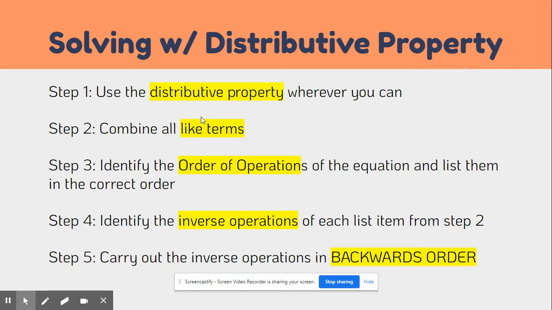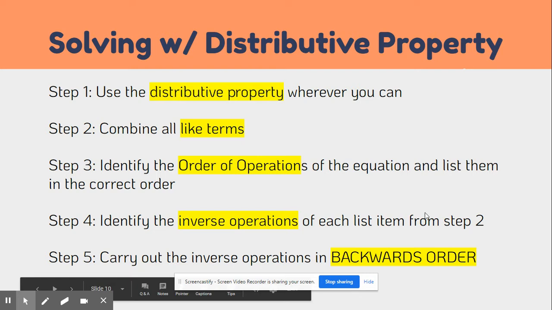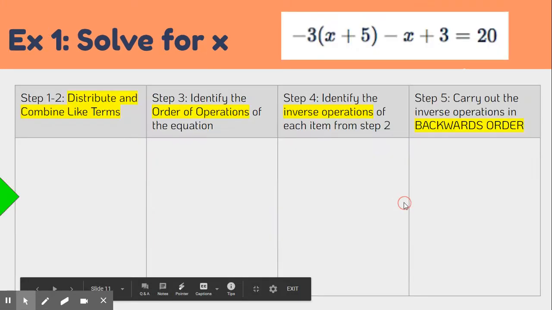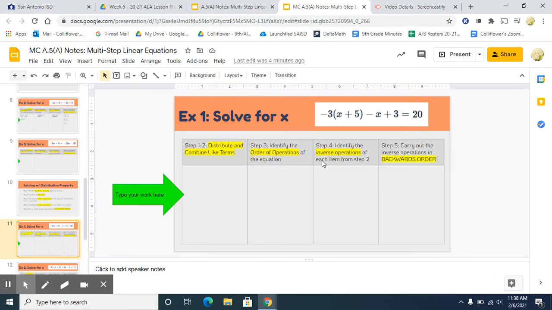Step 3, 4, and 5 are exactly what we did in the past. We're going to identify the order of the operations that's happening in the equation, and we're going to list those in the correct order. Once we do that, we can identify the inverse operations of each of those, and then we can carry out those operations in a backwards order. So let's look